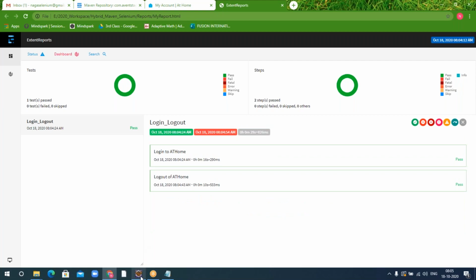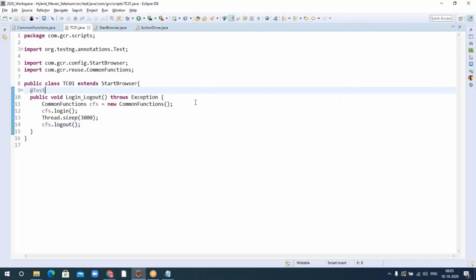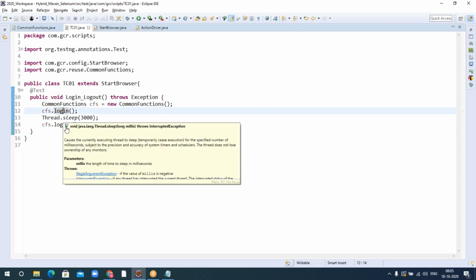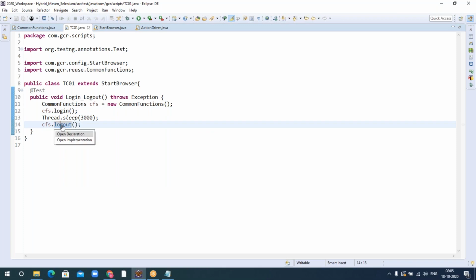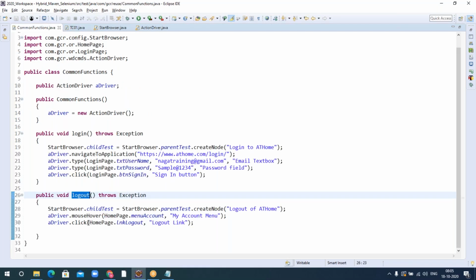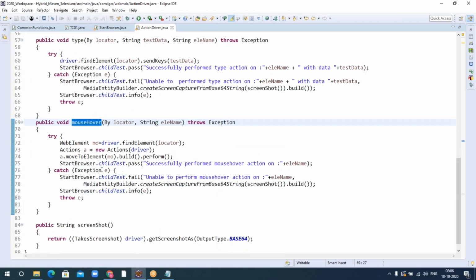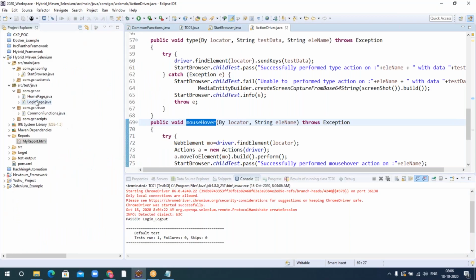Okay, fine. Perfect. So as of now we have done this one, but as I told you, we can capture the screenshot also, right? What I'll do is I'll just show you how to capture the screenshot whenever there is a failure. So let me make this intentionally a failure. I'll give a wrong locator to the mouse over, which is in the home page.